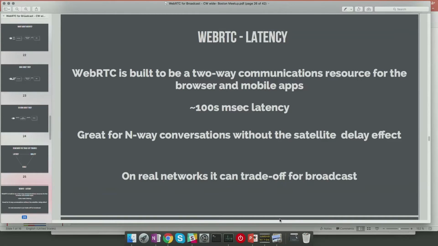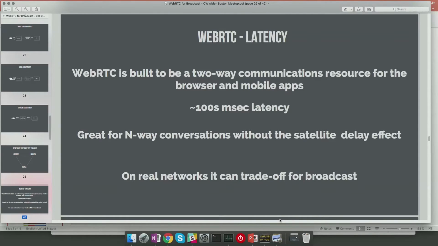So it's really focused, and the stack that Google and Firefox have built into the browsers has been very well tuned for low latency communications and video adaptation. So it's great for N-way conversations without the satellite delay effect. Latency is obviously incredibly important there.